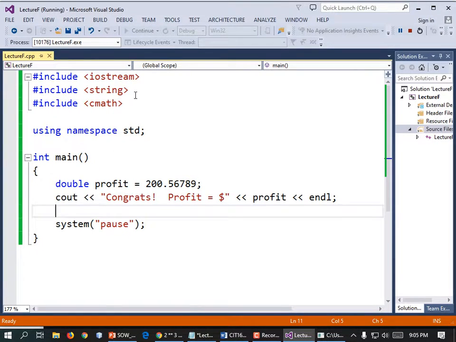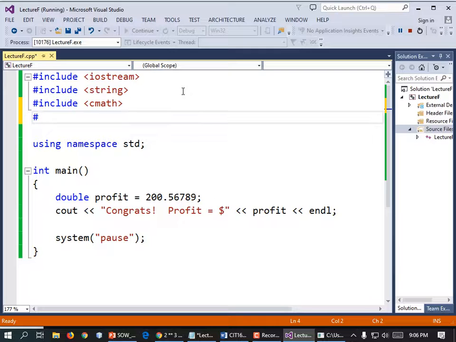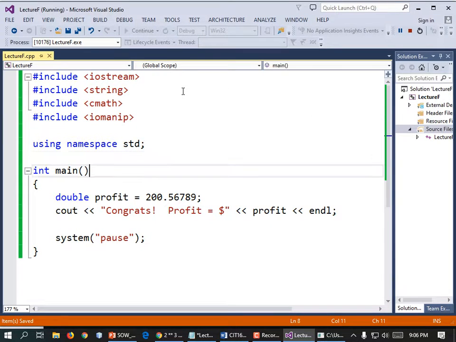So to get that to work, well, if we change it to int, we wouldn't have any fractions to worry about. You're right about that. But we want the fractions. We just want to display it up to 2 decimal places. And so we're going to include a new header called iomanip. #include <iomanip>. Then